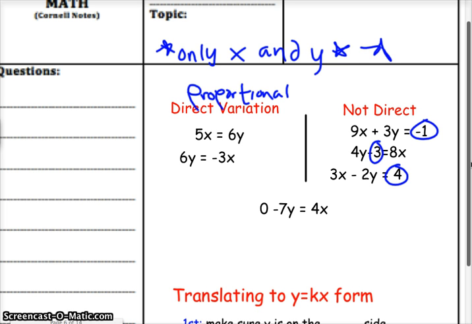0 minus 7y equals 4x. Direct, because 0 disappears, right? So this is actually a direct, because the 0 disappears. So in your notes, I would list them